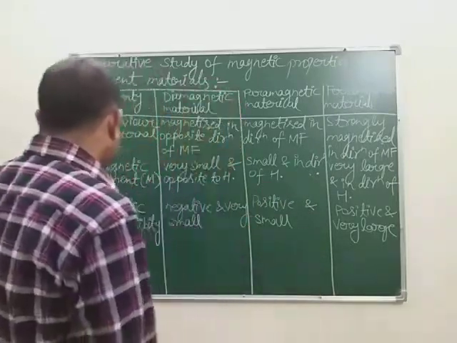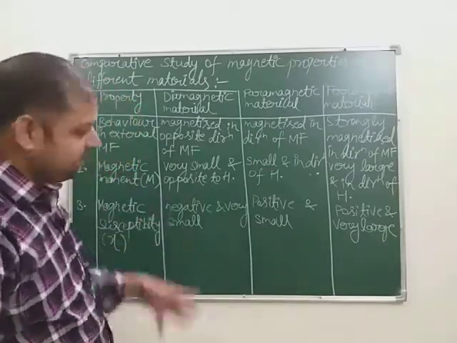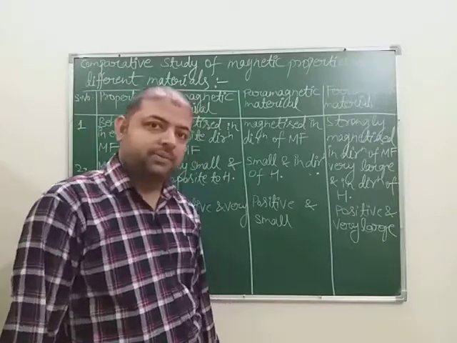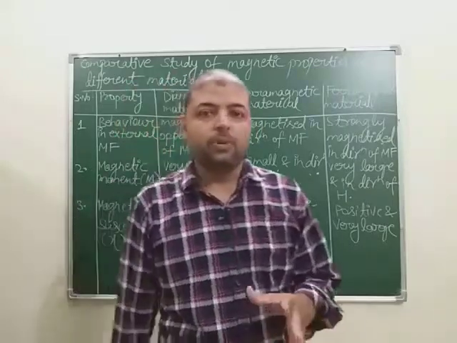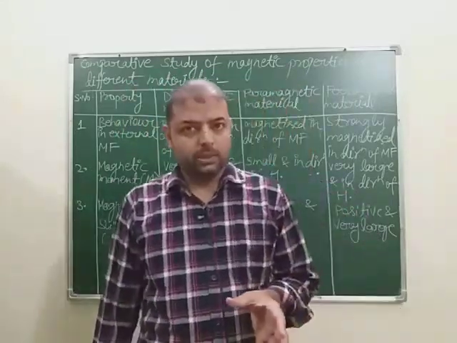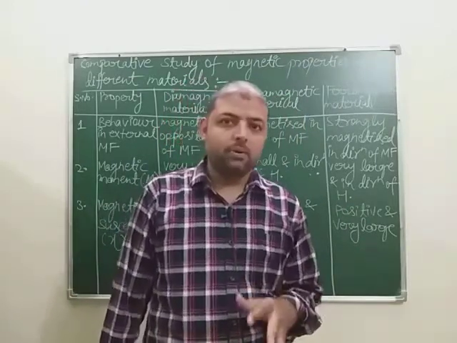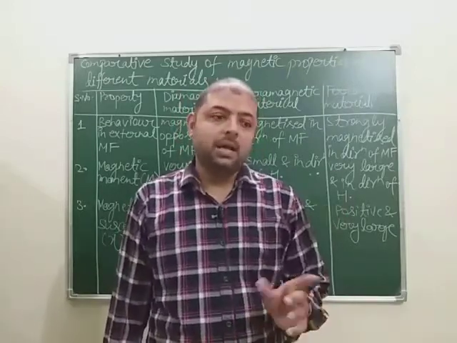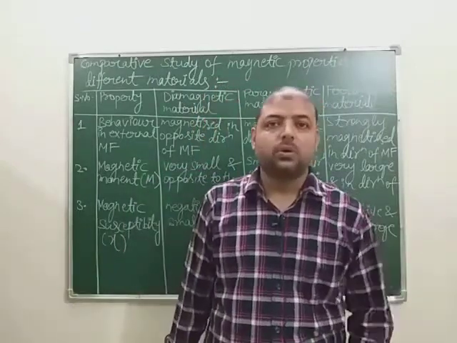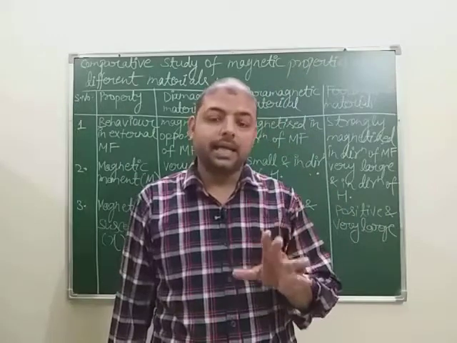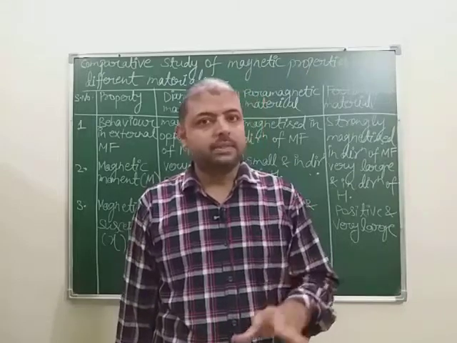Now come to the second property, magnetic moment. We know there is a dipole moment, the electric dipole moment, that we studied in chapter 1. Electric dipole moment is denoted by P, and the formula is 2a into q. So the magnetic dipole moment, we have already discussed, the formula is m, the pole strength, into 2l, the distance between the poles. And we always know that a magnet is always a dipole. A single pole or monopole magnet doesn't exist. There is always a south pole and a north pole.